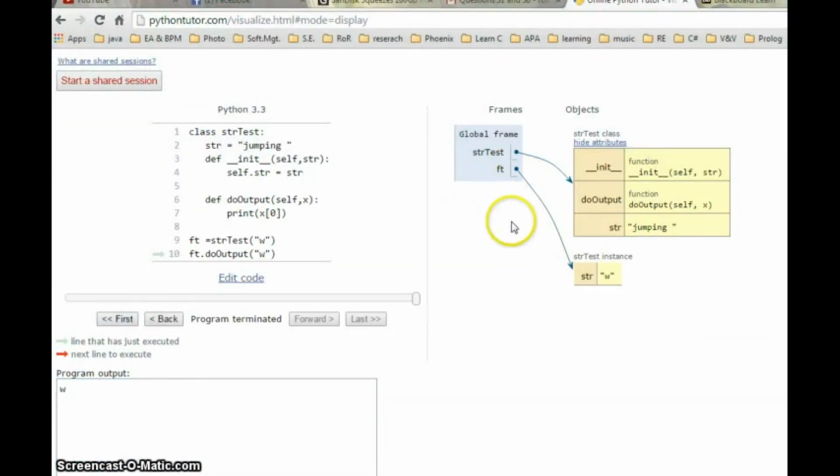Also, if you see here, when I call ft, my str becomes W. It does not change its values like the jumping string, which is in my class object. For ft object, you'll see ft is pointing to W, while the str test, which is a class, is pointing to str jumping. So hopefully this helps and helps you solve your problems,